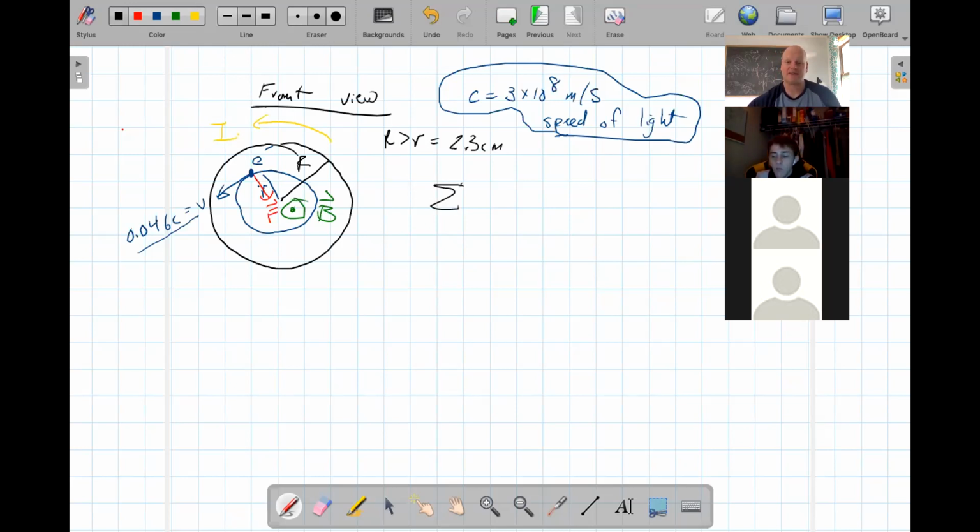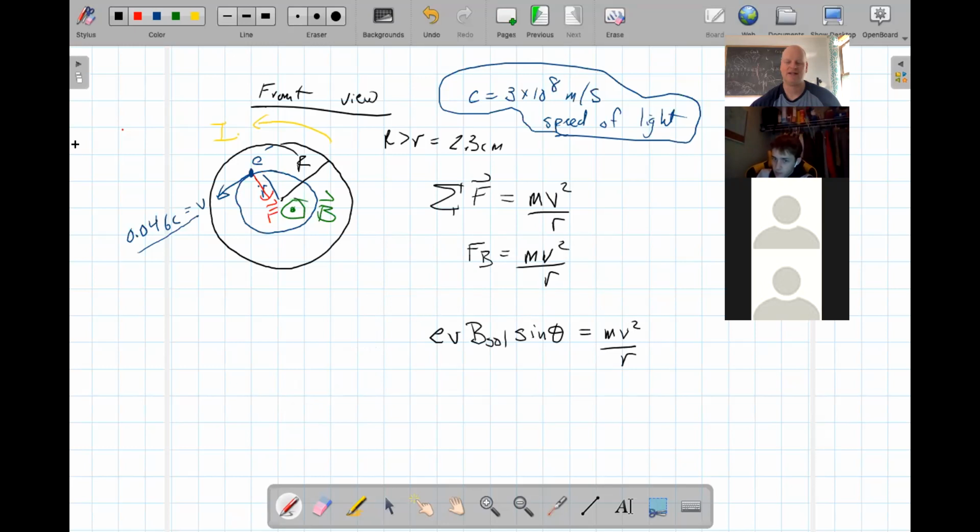Here we know the sum of the forces acting on our charged particle is equal to the centripetal force, which is mv squared over r. This thing is moving in uniform circular motion, so it has centripetal acceleration. The only force acting on it is the magnetic force, so the magnetic force is the centripetal force in this case. Since this is a charged particle moving in an external magnetic field, this is written as the charge, which we already know is an electron, so let me write that as e, times the velocity times the magnetic field, which is supplied by the solenoid, times the sine of the angle between the two,